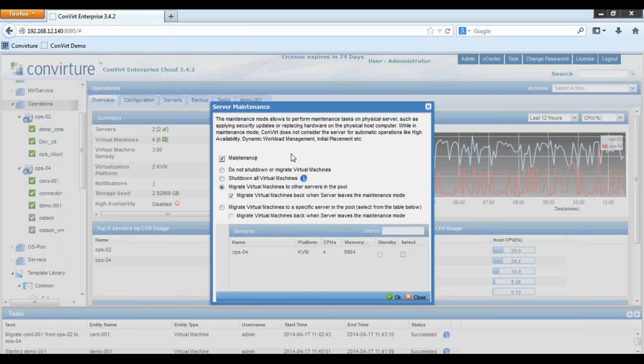By just clicking maintenance mode, we can mark this as being in maintenance mode, and there's a number of different modes of maintenance that we can put it under. We can set it up to be marked as in maintenance mode, and then we will manually work with it. Alternatively, we can take advantage of some of the automation capabilities of Convert, and we can have Convert shut down all virtual machines when we put it into maintenance mode. We can take a step further if we want, and we can have Convert migrate all of the virtual machines on that host to other servers in the pool, and then even optionally migrate them back when the server